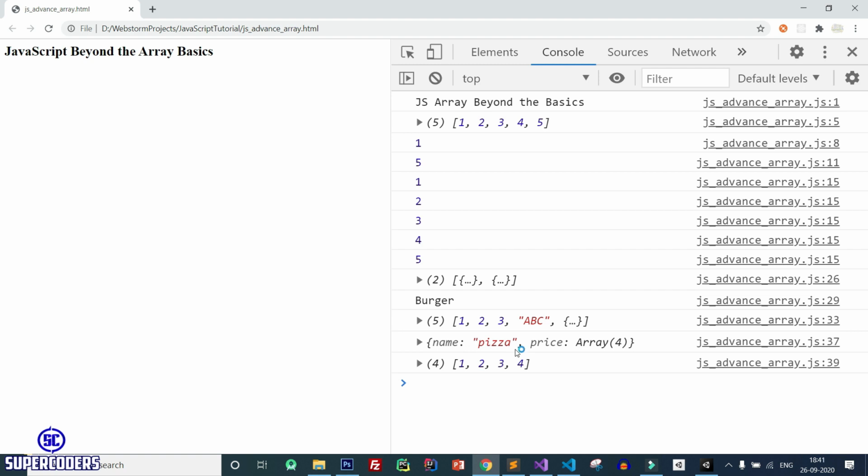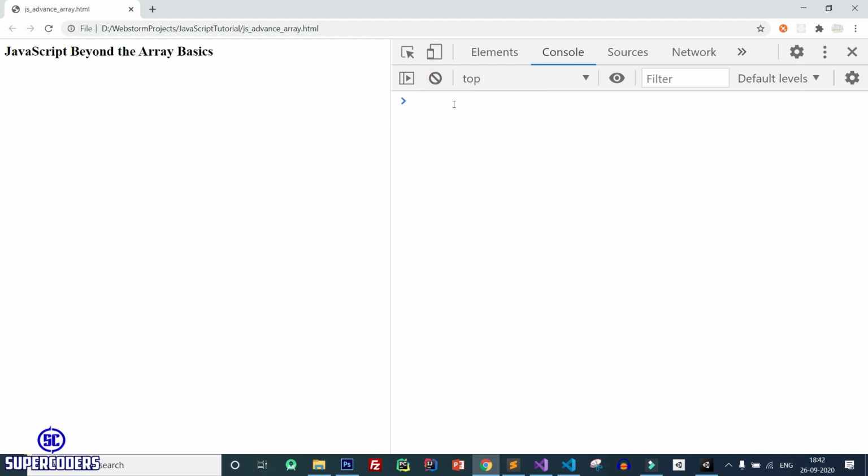Now let's see the next example, which is how you can create a 2D array. So let's get started. First clear the console and create the next example, which is a 2D array. So var array2D equal to, first creating a 1D array, then inside it again creating one more array. So it becomes a 2D array. Now the first array at the first position is 1 2 3.